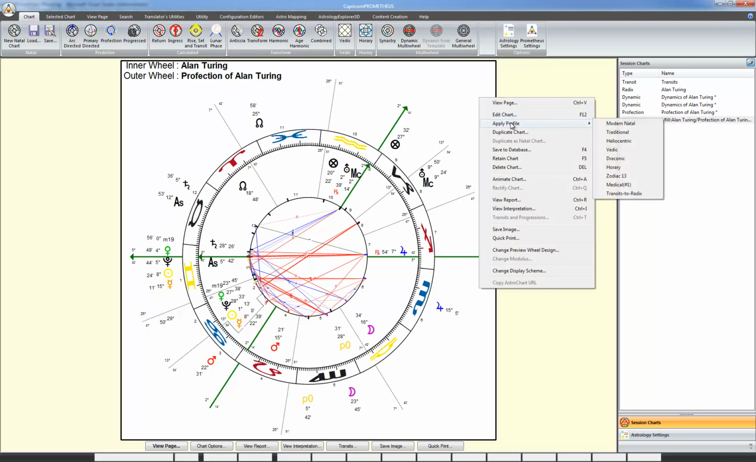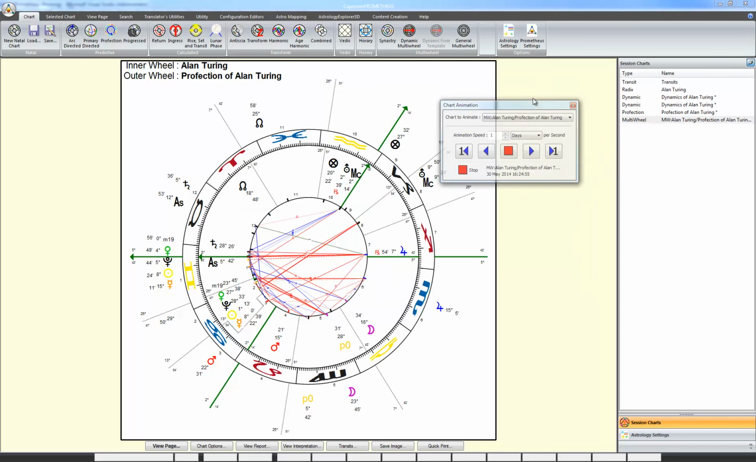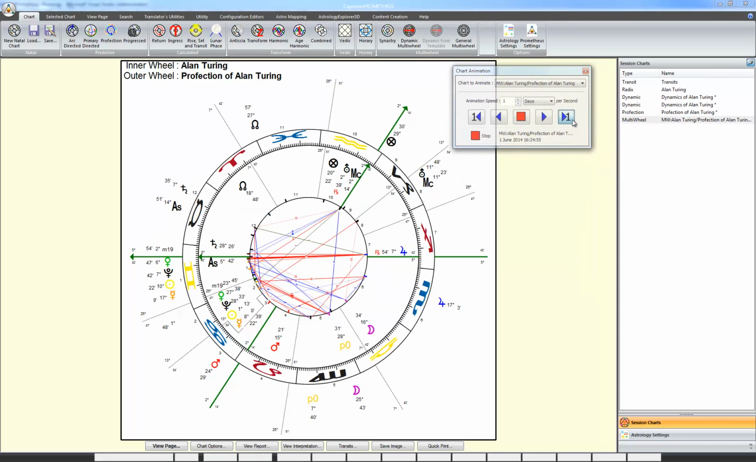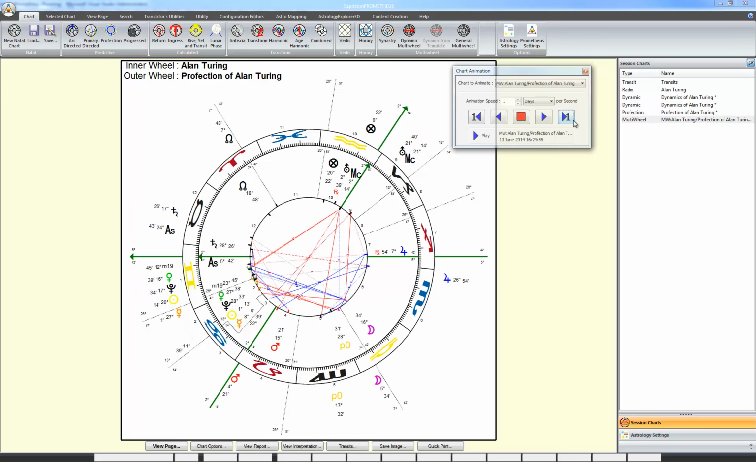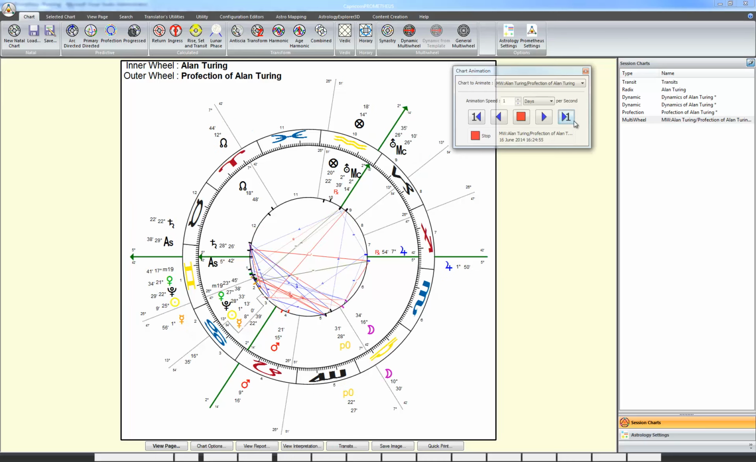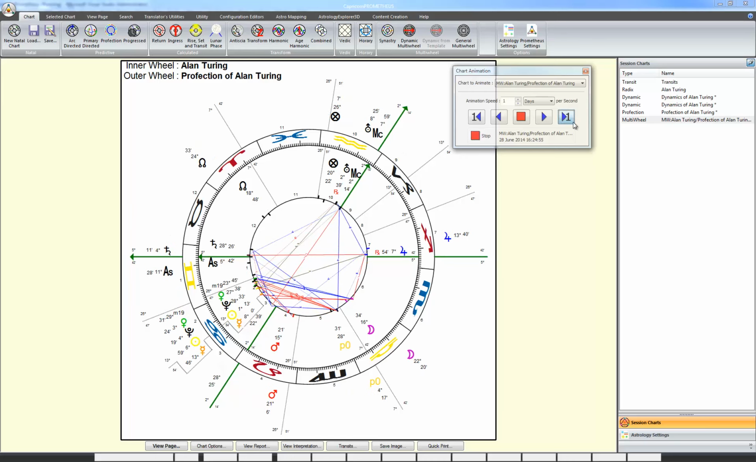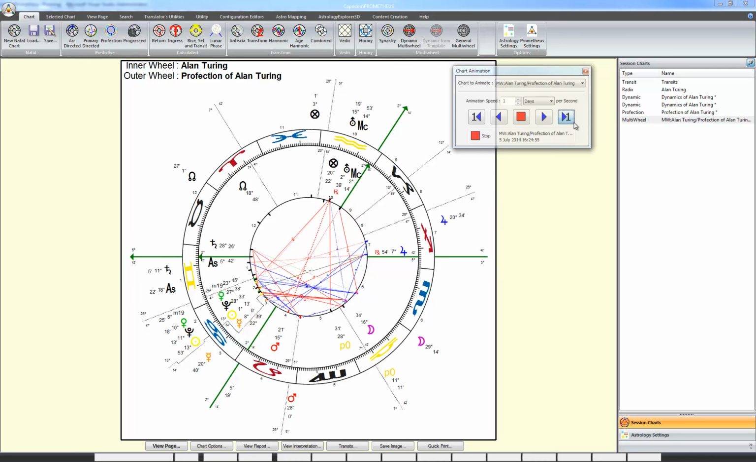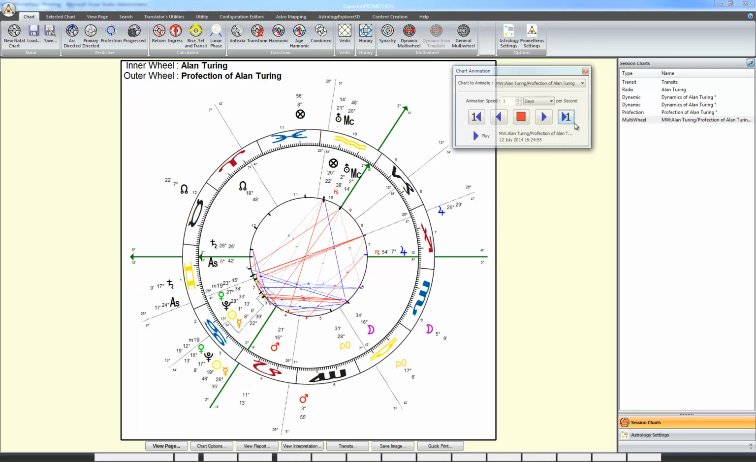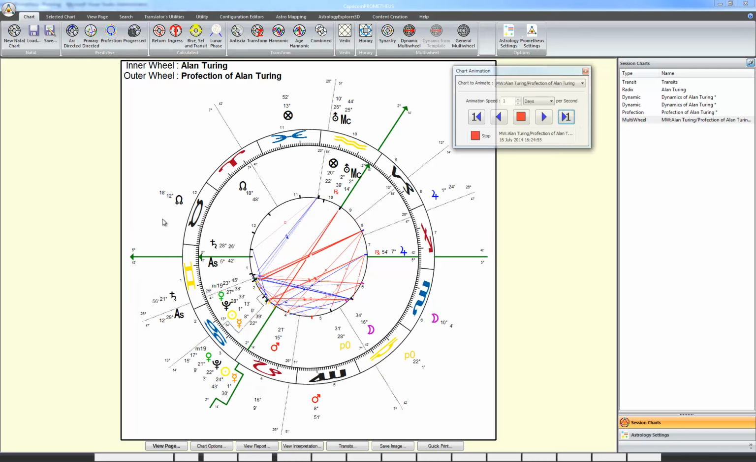And what we can do is animate this chart by pressing here, and as we move it, you can see clearly. If I know that specifically I was asked about the ascendant, the ascendant point is here. We then move it 30 days: 1, 2, 3, 4, 5, 6, 7, 8, 9, 10. So it's moved 30 degrees in that time. So that's really what we've done with Profections